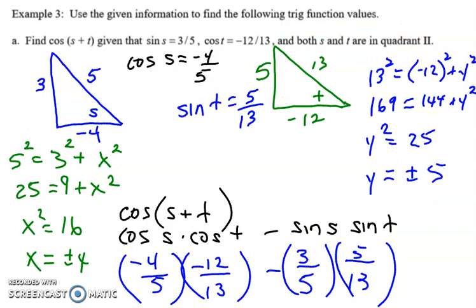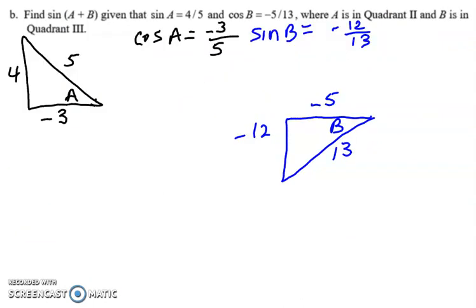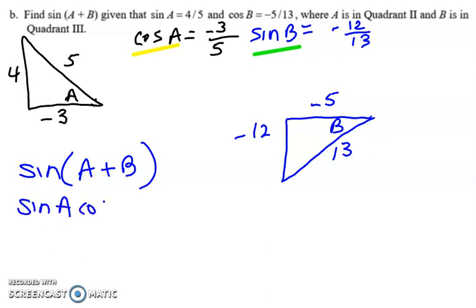Okay, so let's take a look at B. We have our triangles that we worked, knowing that A is in quadrant 2, so a negative x, positive y. B is in quadrant 3, a negative x and negative y, to find the cosine of A and the sine of B respectively. Okay? So now we'll have a sum of sine. So sine of A plus B